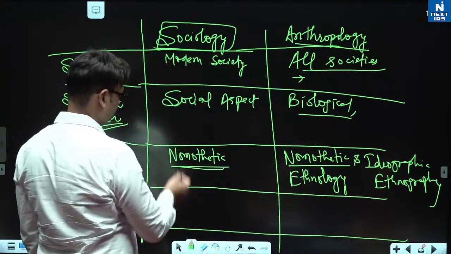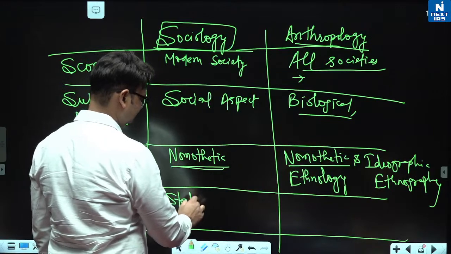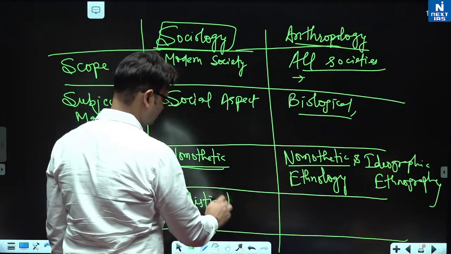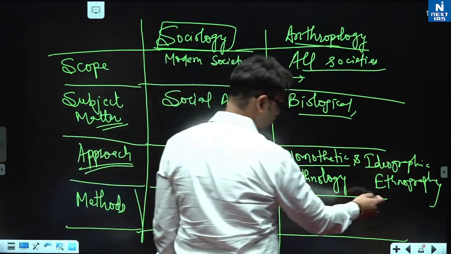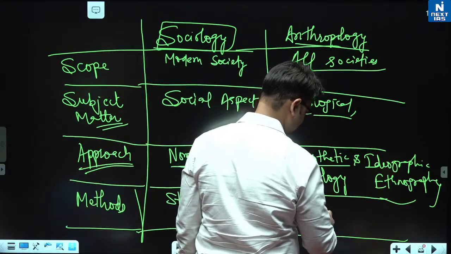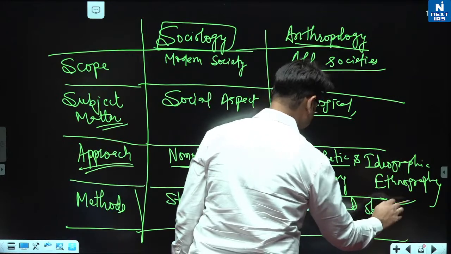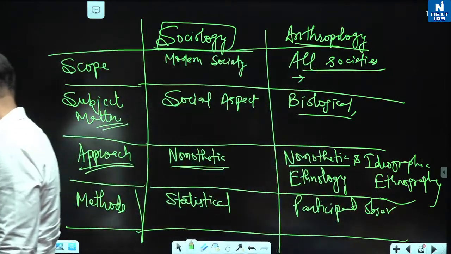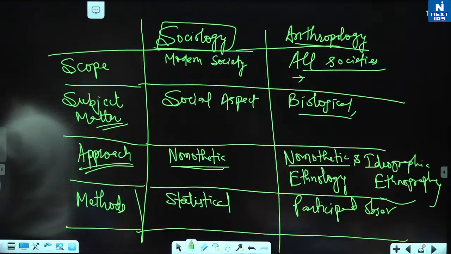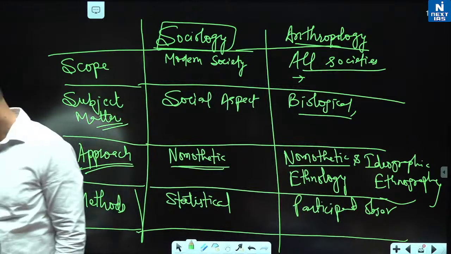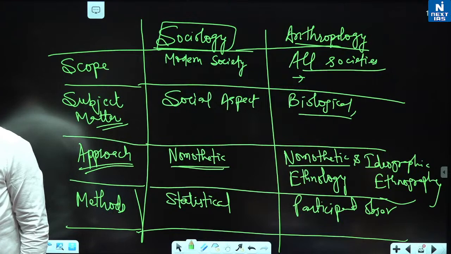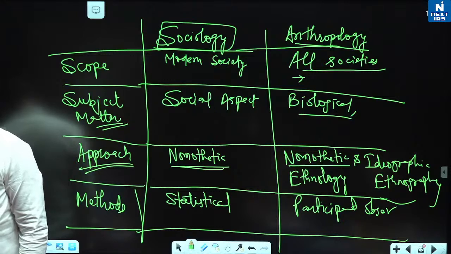Methods used here, you can say statistical methods, secondary resources, right? Here we use participant observation, field work. These are some differences. I believe it will solve your purpose, right? Now these topics we have taken broadly what could be the main topics, because rest what we can think of,